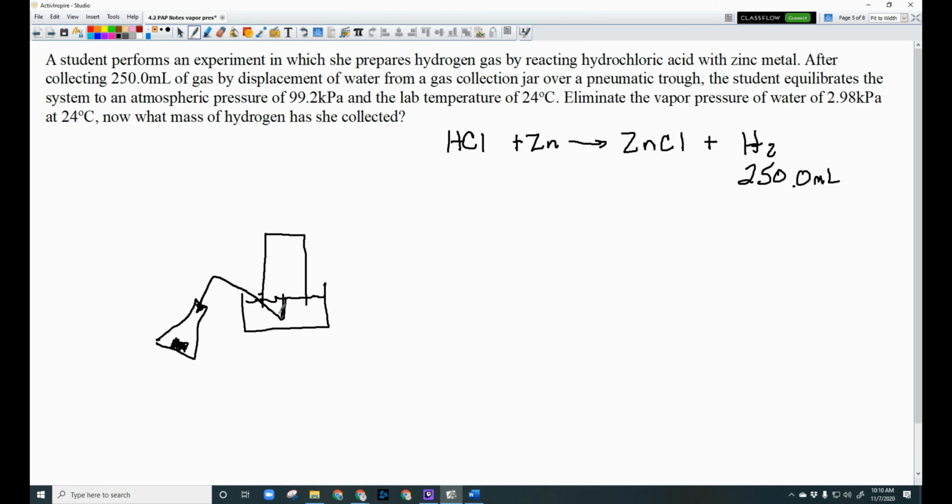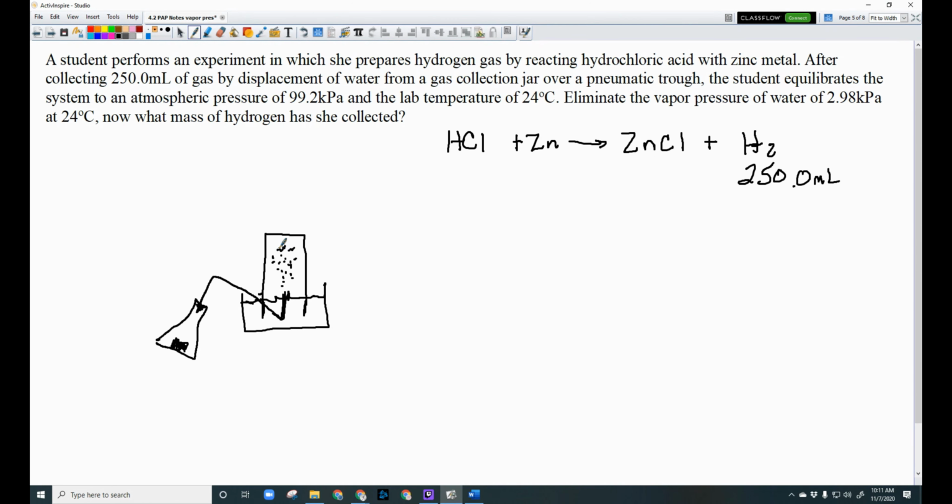And so to collect this gas, we have to do it by collecting it over water so that the gas can come up here, but it can't escape because the water is holding it in. We have this inverted. It's like putting a glass upside down in water, or those diving bells that they used to use. They have oxygen here, but the oxygen can't get out because it can't go past the water. So that's exactly what's happening. So she's collecting the gas over this trough.